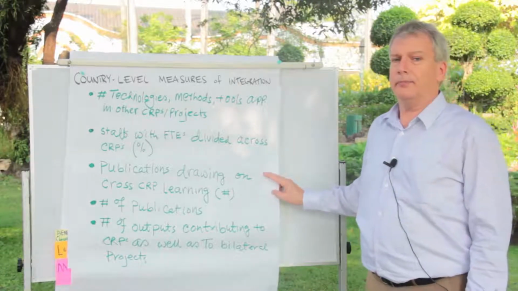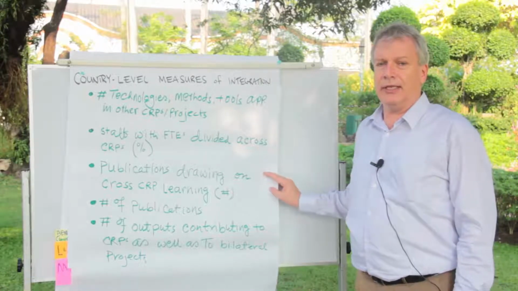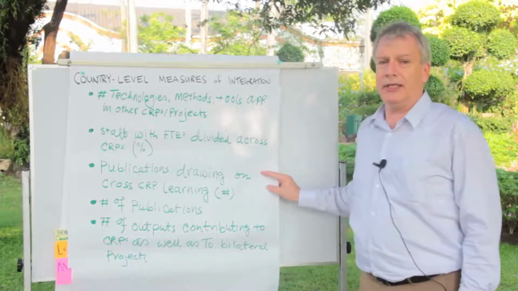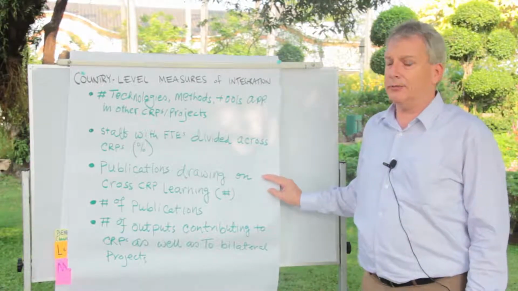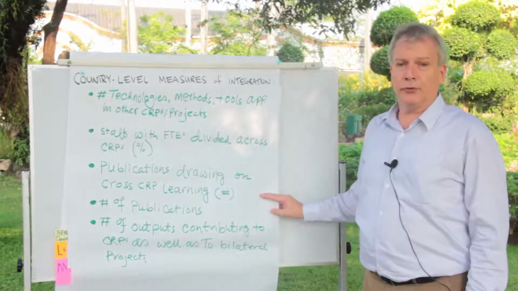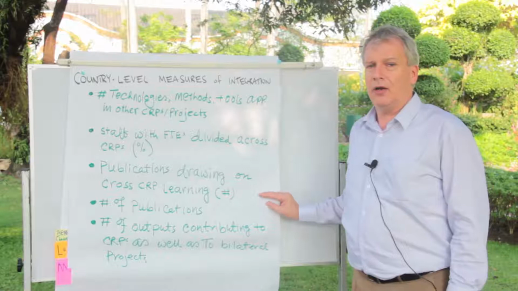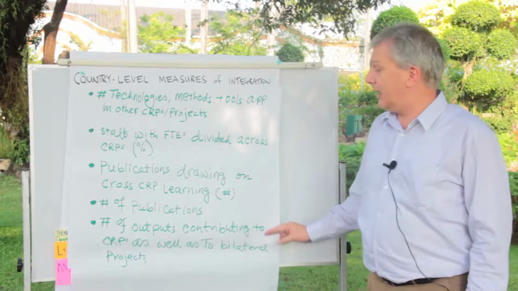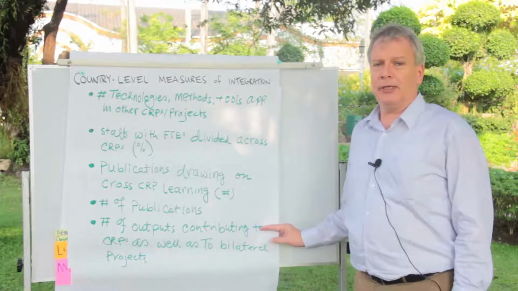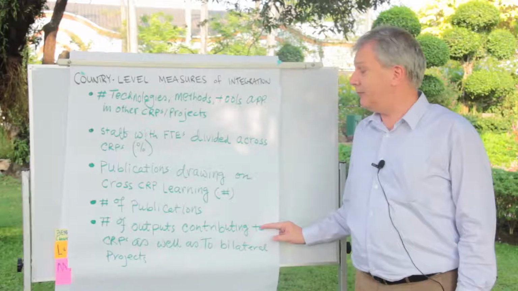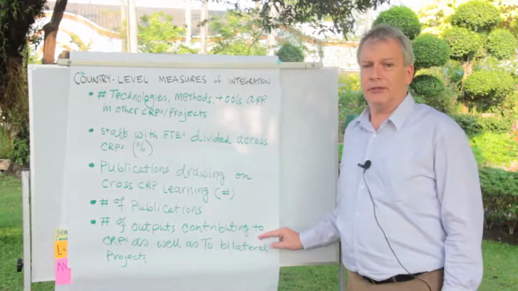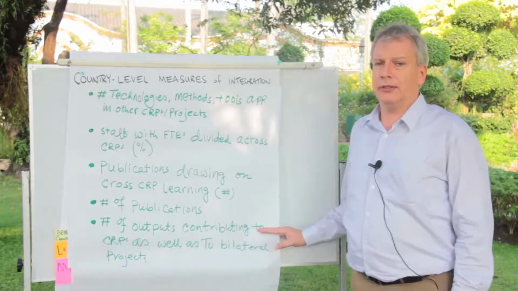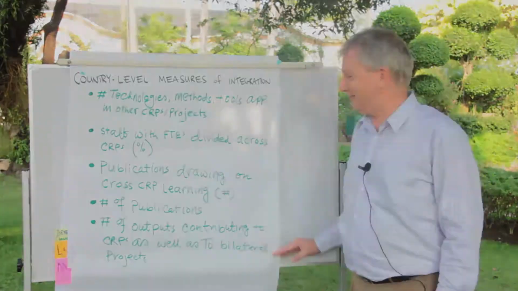Then there are the number of publications that are produced in a year, which are related to several CRPs, indicating also the integration between CRPs. The number of total publications is an indication of the time that is actually saved by working together. And finally, the number of outputs that can be reported as both a CRP achievement and a bilateral project achievement, indicating also that there is a double use for this work.